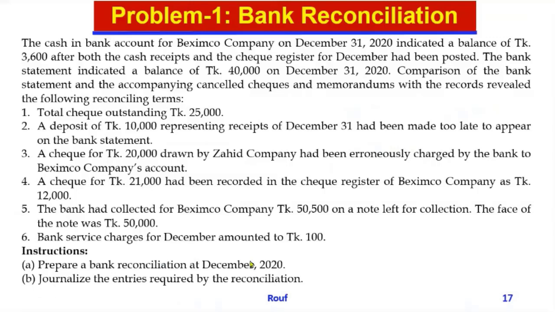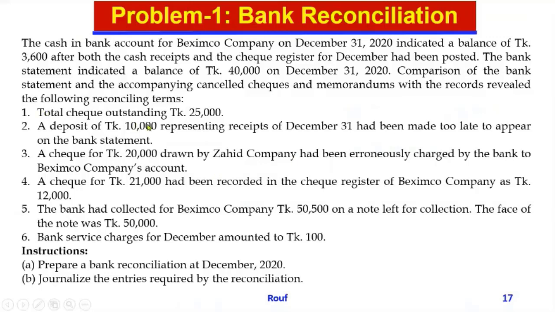Before solving the problem, we have to discuss briefly every item. বেক্সিমকো কোম্পানির 31শে ডিসেম্বর তারিখে ব্যালেন্স আছে 3,600 টাকা and ব্যাংকে in the same time ব্যালেন্স আছে 40,000 টাকা। তাহলে দুইটা ব্যালেন্সের মধ্যে পার্থক্য আছে আর এই পার্থক্যর কারণগুলো নিম্নে দেওয়া আছে। পার্থক্য 6 ধরনের আইটেম এখানে দেওয়া আছে।